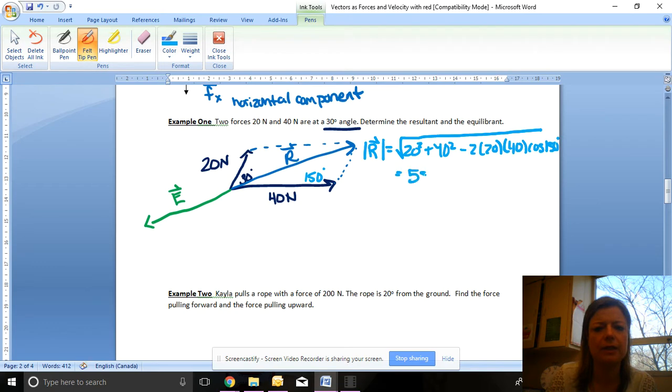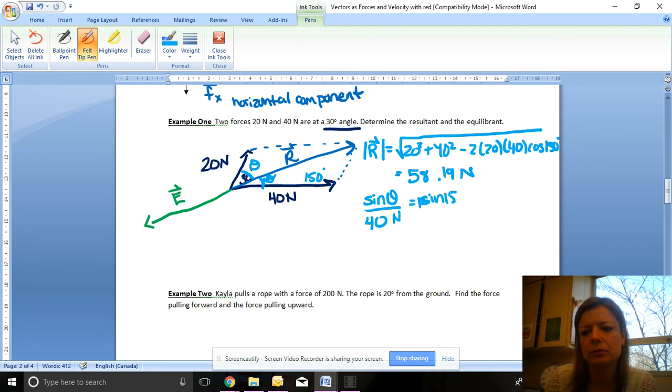And from this we get 58.19, and that's in newtons. Then we need to figure out this angle here to describe the resultant. So we use the sine law, so sine theta over 40 newtons. Actually, sorry, I'm not saying this as theta, I'm drawing this as theta. I'll tell you why in a minute. So sine theta over 40 newtons equals sine 150 over our resultant, 58.19. Again, we're talking about this as the reference angle. If you go through and do the sine law, you get theta is 20.1 degrees. So we can conclude that our resultant is 58.19 newtons